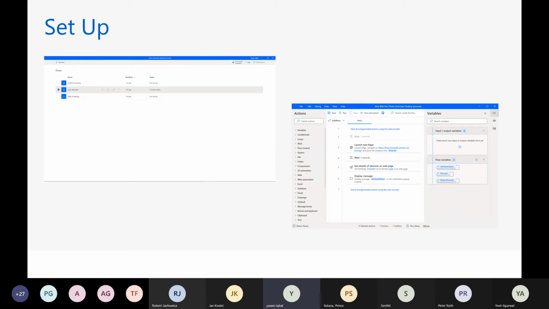Okay, about setup. RPA bots can work with desktop applications, but also web-based applications. And by web-based applications, I mean